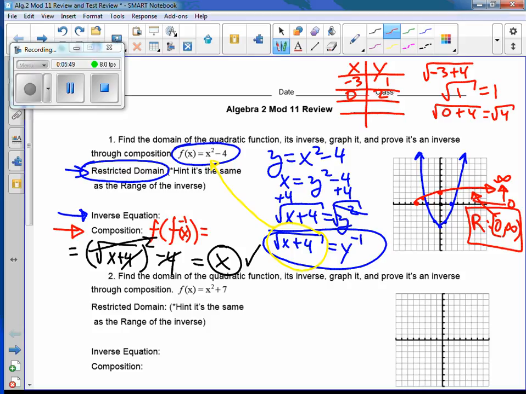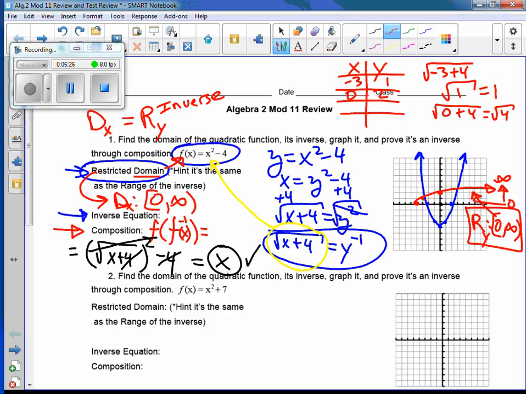we always switch the x's and the y's, right? Well, the range represents the y values and the domain represents the x values. So if you want the domain of this original function right here, that is going to be the same thing as the range of the inverse. So what would the restricted domain be? Well, that's going to be the same thing as the range of the inverse, which is right over here, which is 0 to infinity,